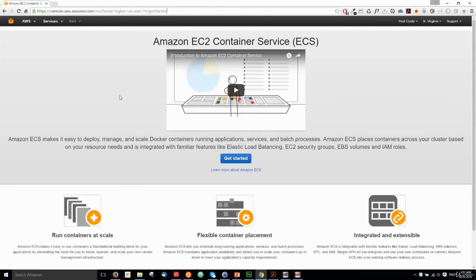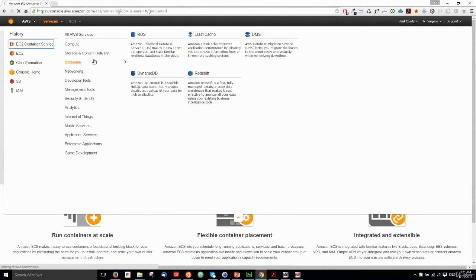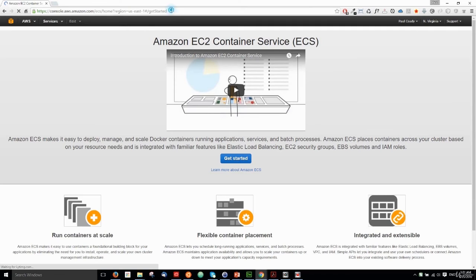Okay, so let's have a quick look at the EC2 container service. When you've never used it before, when you go to Services, EC2 container service, it'll have this getting started URL. That URL only appears once. So if you want to get back and redo that, you can go to